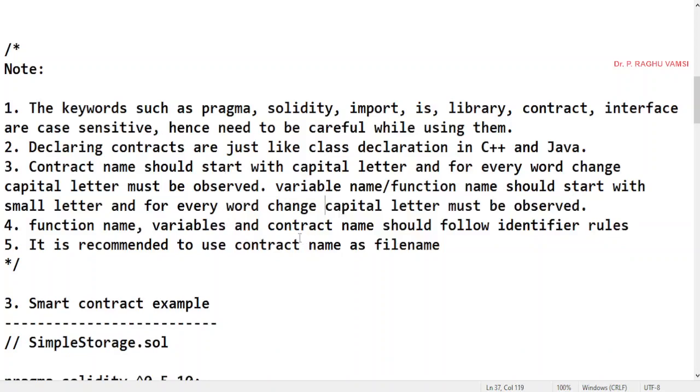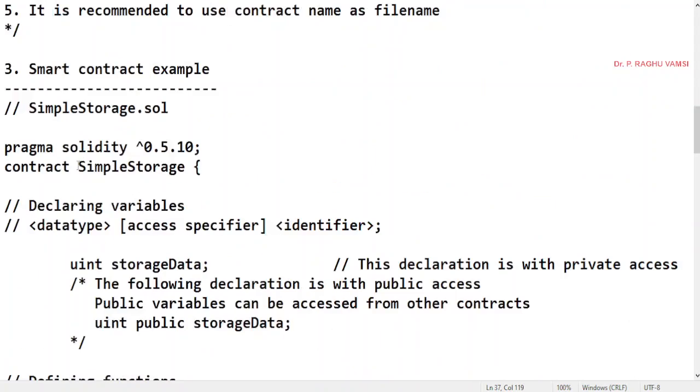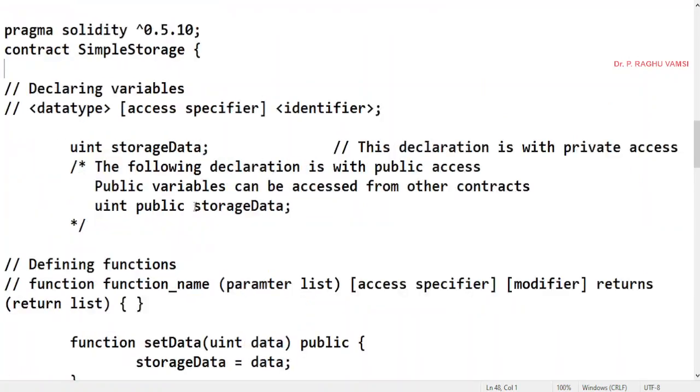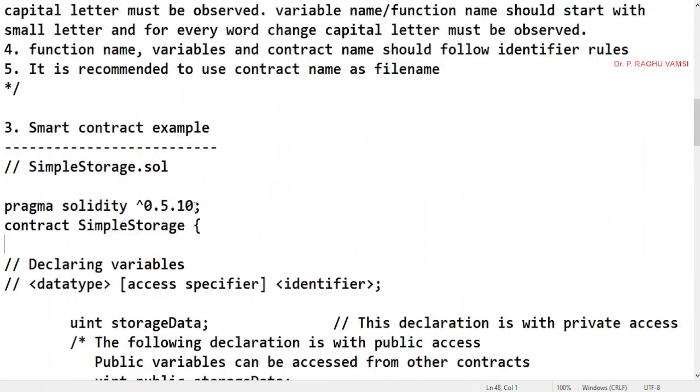The reason is we have seen the convention of writing classes, but in Java programming also you will find the variable names and function names. All the function names will start with a small letter, and for any word change, a capital letter will be observed. For example, actionEvent: a is a small letter, E is a capital letter in Java programming.